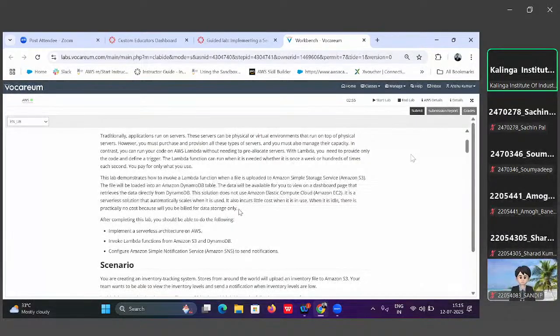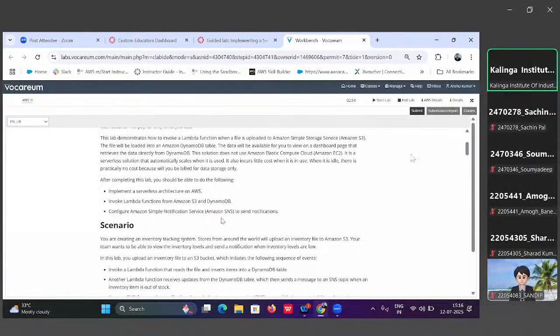So in this case, wherever the data will be located, for that there will be a cost generated, I mean bill will be generated. But the remaining things, if you are not using it, you are not consuming it, so in that case there will be no charges. So here, once you complete this lab, you will be able to implement a serverless architecture